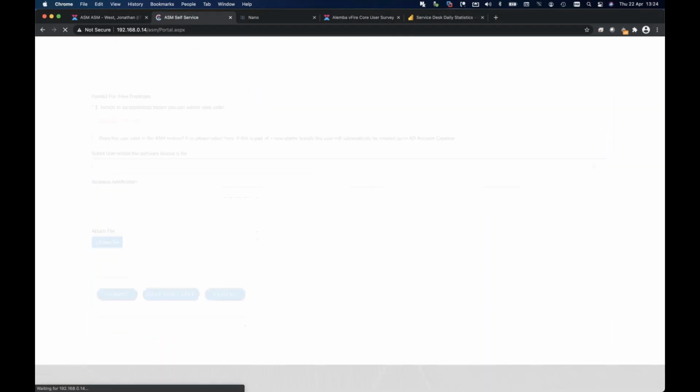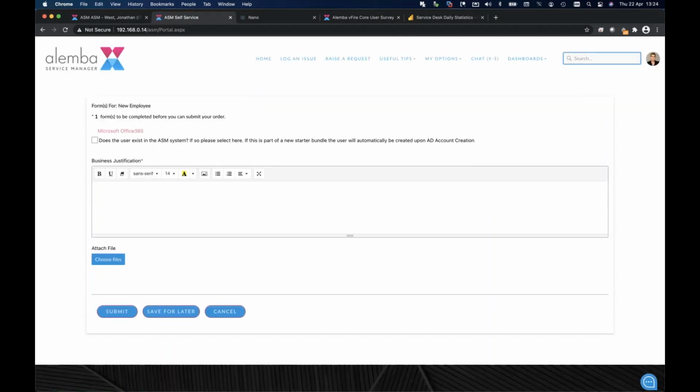and select continue to take me on to my final form for the Office 365 license. So as you'll see here, we've only really got one field for the business justification, but again, the point in the context of the demonstration today is all about automation. So we want you to be able to reuse different types of forms and workflows within the system. So because this is a new user, all we need to do is insert